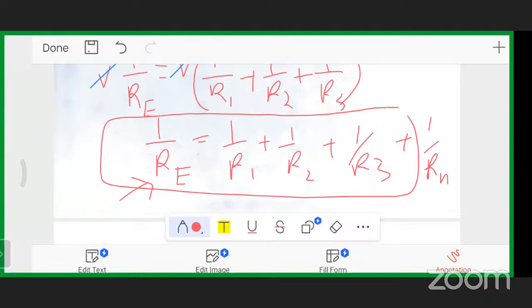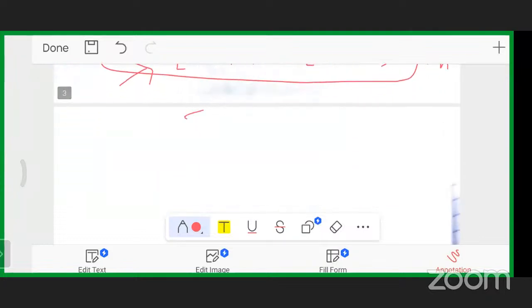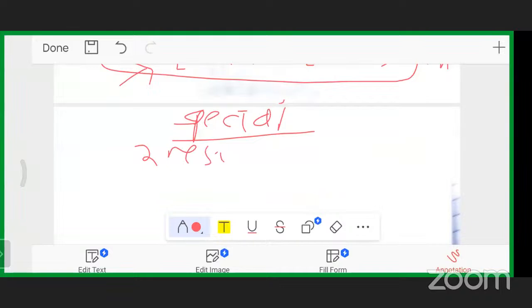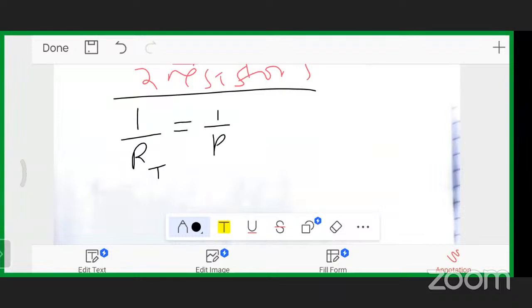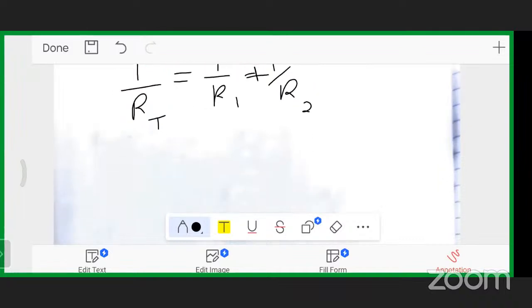Then we have a special case, where we have two resistors in parallel. Let's derive something from here. For two resistors, we have that 1 over R total, or R effective, is the sum of the reciprocals, so it will be 1 over R1 plus 1 over R2 because there are only two resistors. Let's focus on the right-hand side and solve it as a fraction, so 1 over RT will be equal to